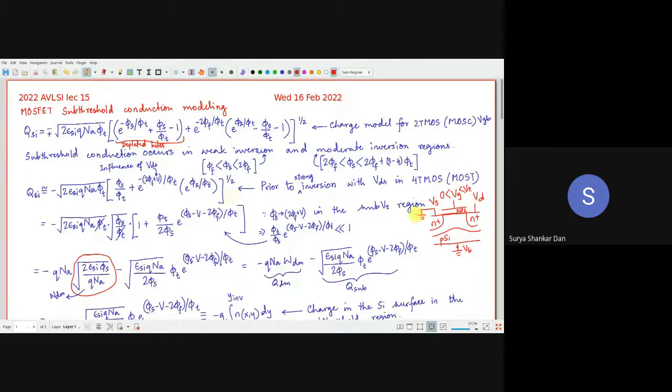All right. Now what happens is once Vg becomes close to Vt, especially when Vg is greater than Vt. That is the usual mode of operation, right? Vg greater than Vt, we say that the MOSFET is turned on, and Vg less than Vt, it is turned off. All I'm suggesting is Vg less than Vt is not turned off, it is subthreshold. That is what we are going to analyze now.